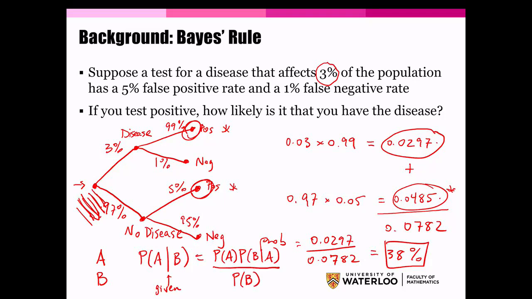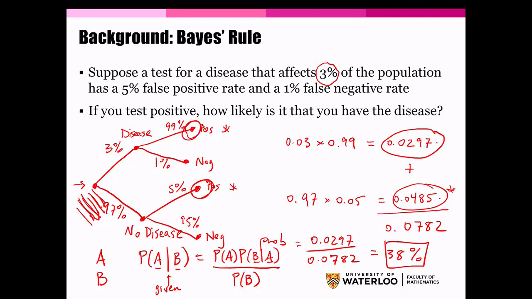And what we're doing here, we can see we're sort of flipping the direction. We want the probability of A knowing that B has happened. And to find it, we use the probability of B knowing that A has happened. So we flipped the direction of the conditioning. And that's what Bayes' rule allows us to do. It allows us to take conditional information in one direction and flip it to the other side. So that's Bayes' rule. If you've taken data, you'll know this, but now that we have that under our belts,